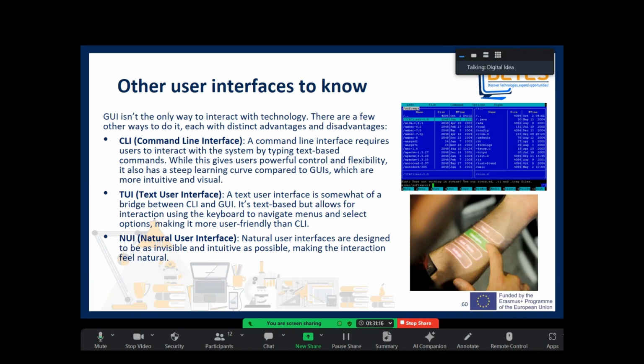Other user interfaces to know are the command line interface, the DOS system, if you have ever heard of it or remember it. You are so young to remember the DOS system. The text user interface, you can see a text user interface on the right side. And there is also the natural user interface,